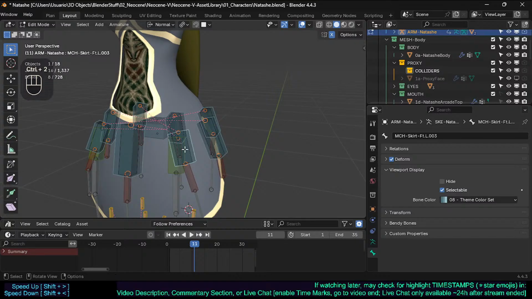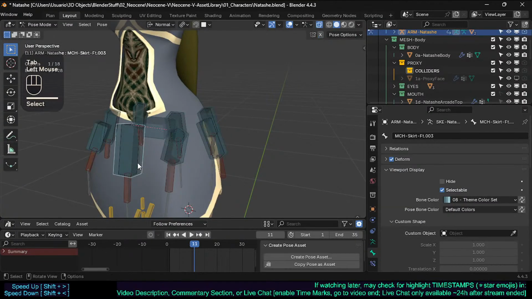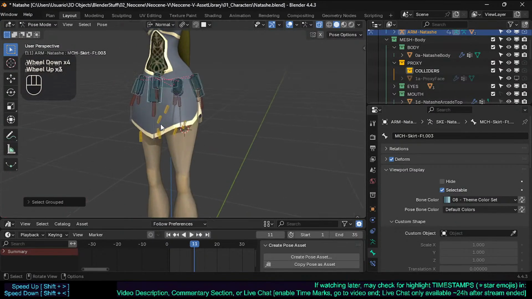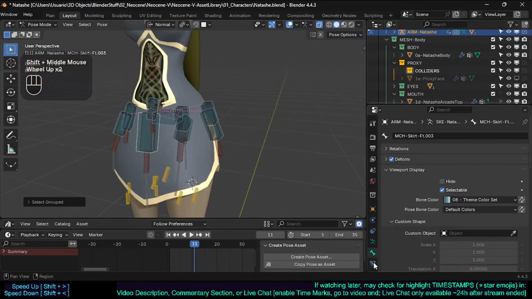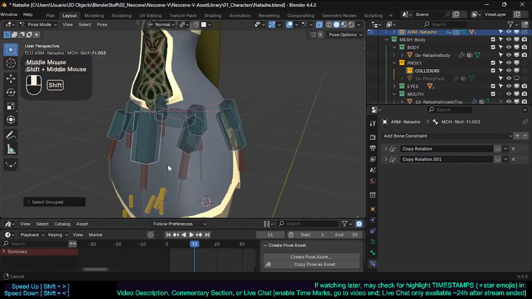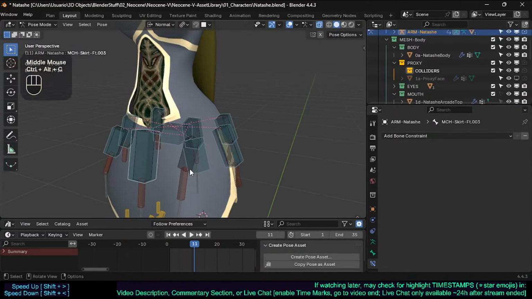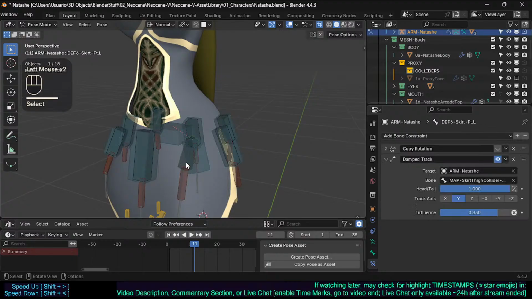They probably have the same parents, yes. We're gonna get rid of all the bone constraints, because we're gonna use instead